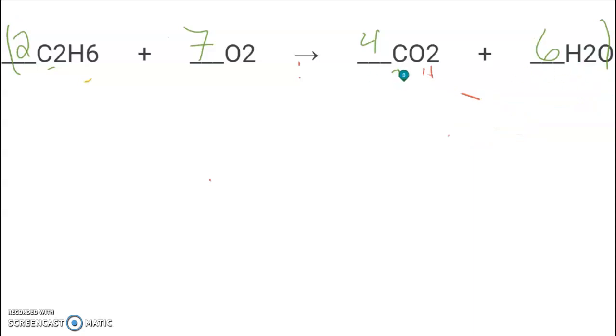So if we're looking at that, we have our reactants, our atoms, and our products. We have carbon, hydrogen, and oxygen. So on my reactant side,